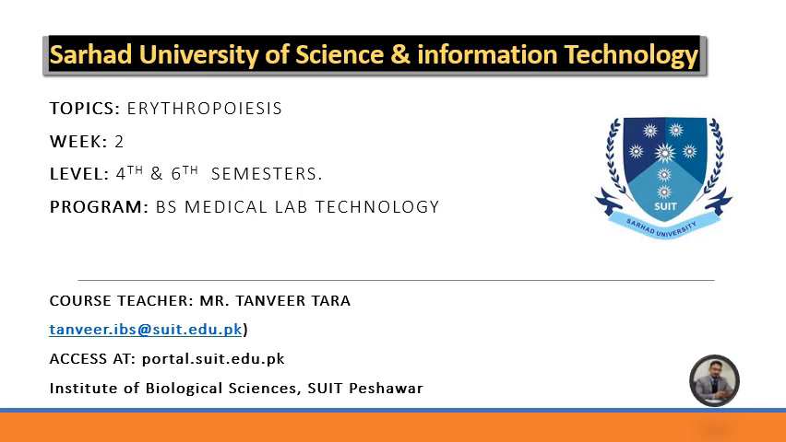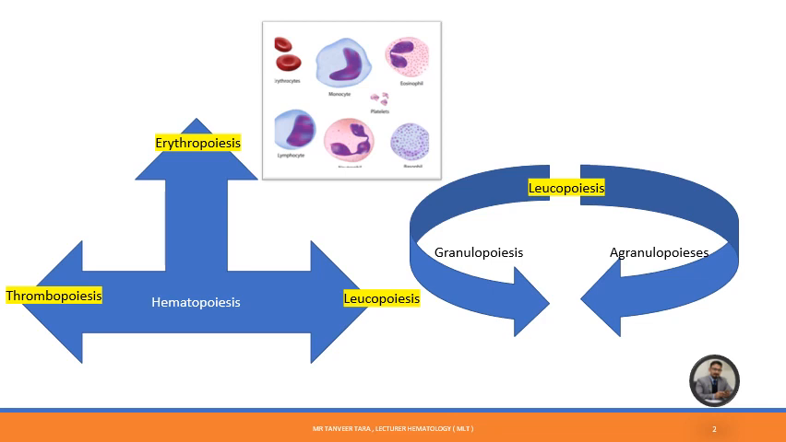So moving toward erythropoiesis, here you are looking at this picture, and this picture shows us hematopoiesis. Hematopoiesis is divided into thrombopoiesis, leukopoiesis, and erythropoiesis. This is our topic today. Leukopoiesis is further divided into granulopoiesis and agranulopoiesis. Agranulopoiesis are monocyte and lymphocyte, whereas granulopoiesis are eosinophil, basophil, and neutrophil. Today we are going to discuss